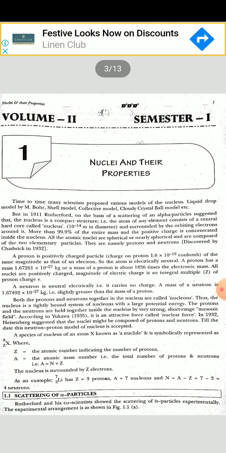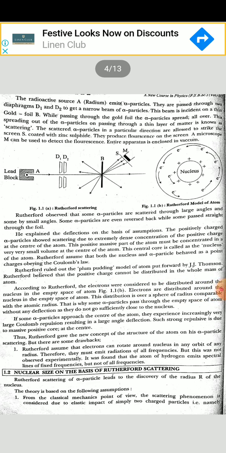on gold foil. Experimentally Rutherford observed that the maximum number of alpha rays pass through the gold foil and a very small number are deflected by more than 90 degrees. From these observations he postulated the theory of the nucleus: there is a heavy core at the center, and the total mass of the atom is concentrated in a small core at the center called the nucleus. So the nucleus was discovered by this experiment.